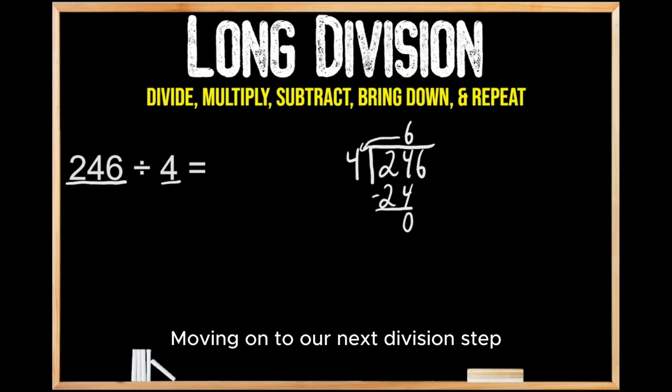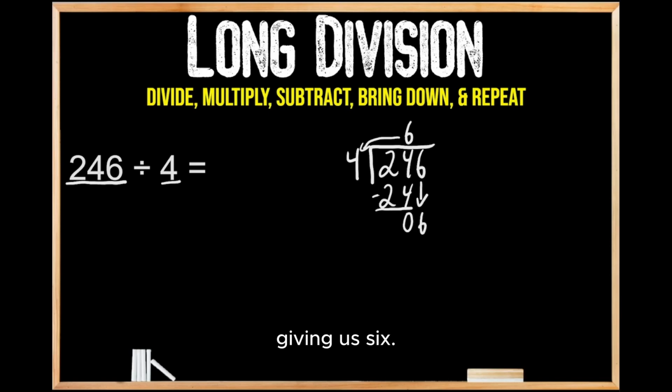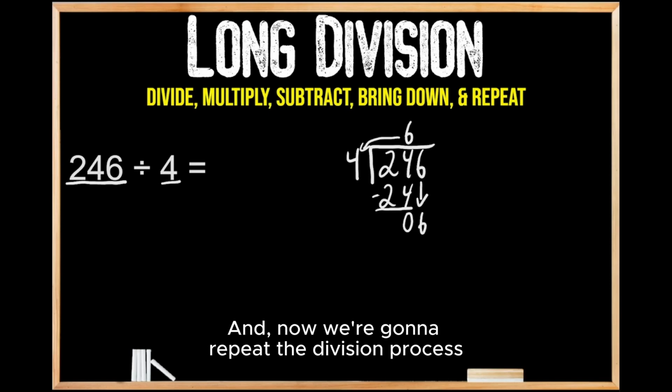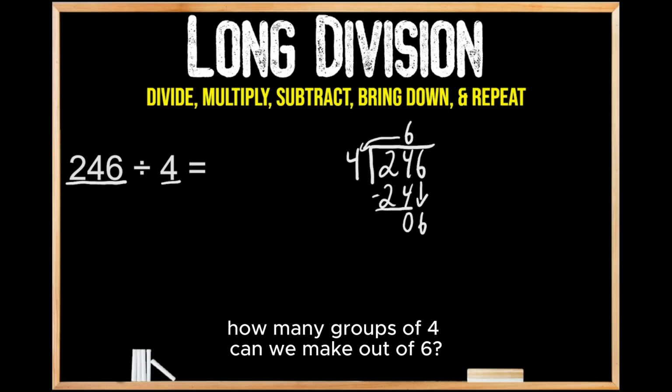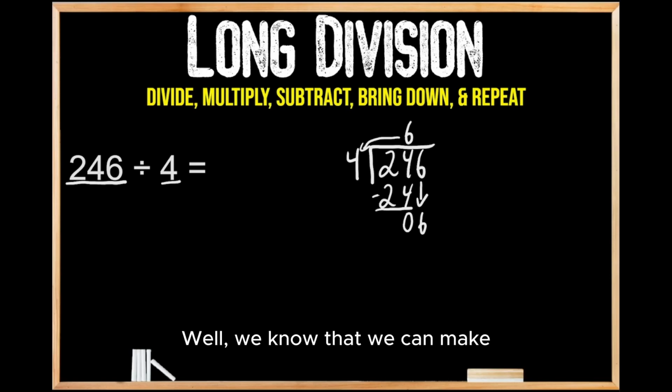Moving on to our next division step, which is to bring down the digit that's immediately to the right of the place that we just divided, giving us 6. And now we're going to repeat the division process, except this time we're thinking, how many groups of 4 can we make out of 6? Well, we know that we can make 1 equal group of 4 out of 6, so we're going to write our 1 up top,